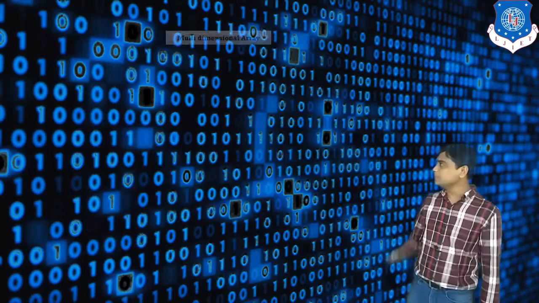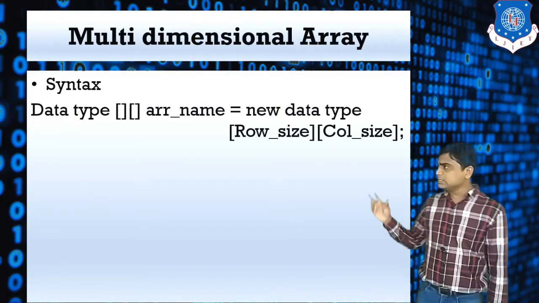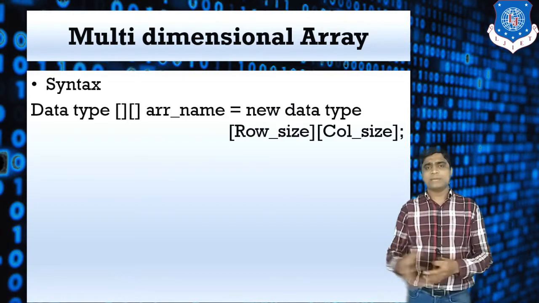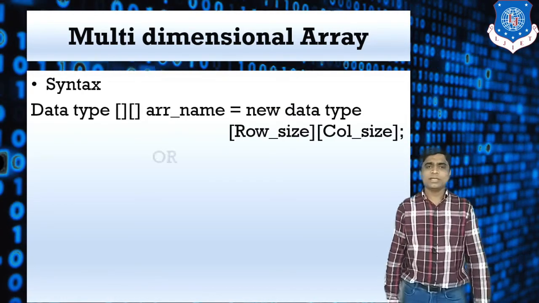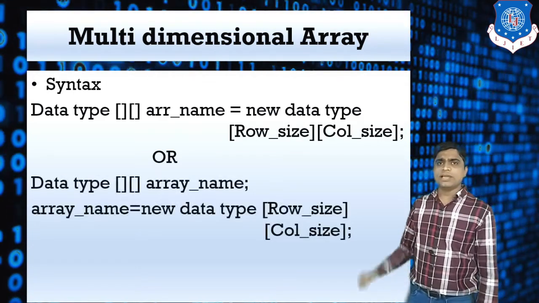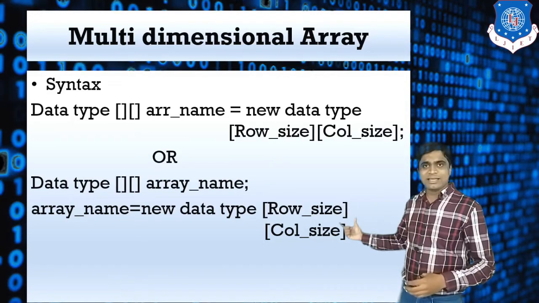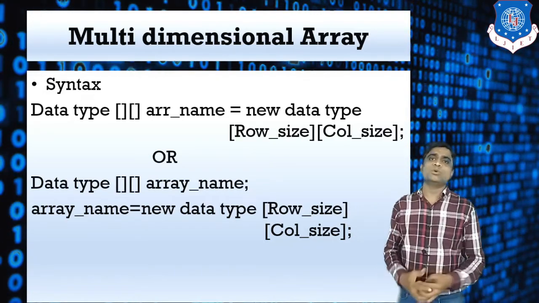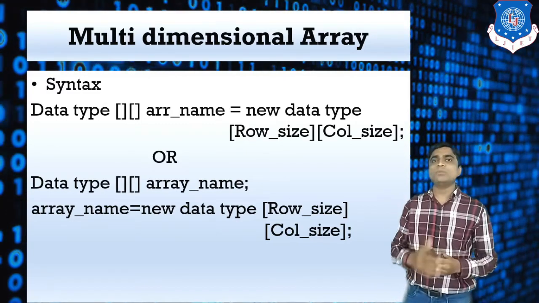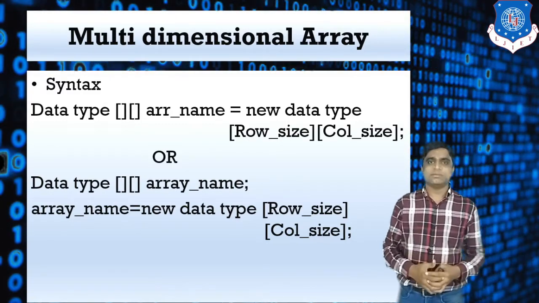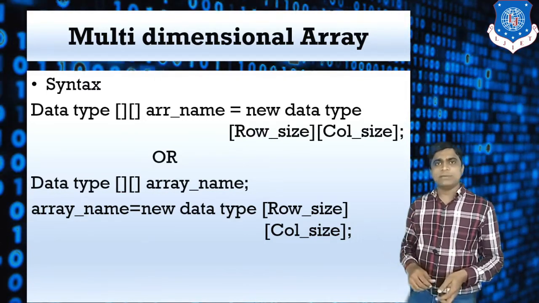Now next is the multi-dimensional array. Similar to the single dimensional array syntax, you can declare a two-dimensional array with the row and column size. Again, in this two-dimensional array we have two options. First, you can declare it, and then later on define the size of the row and column. So this is the syntax. I will show you the live programming of the array and all its types, so we will discuss this in our programming session.